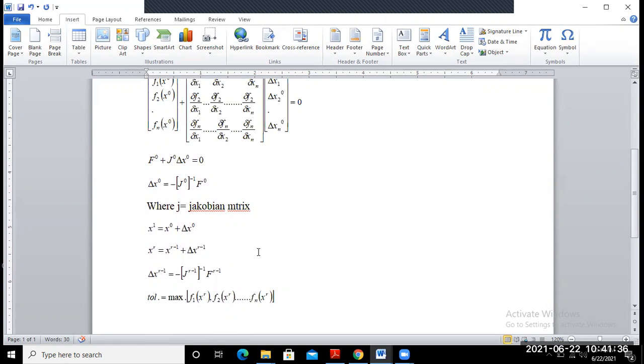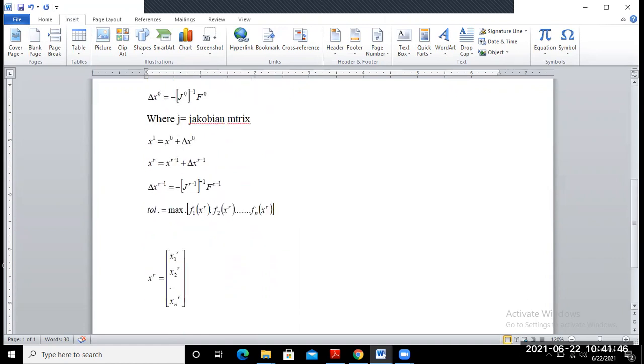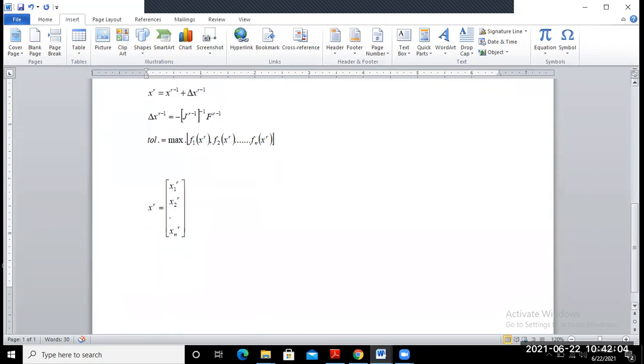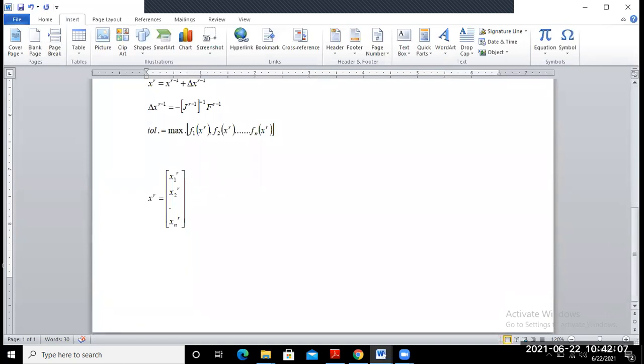Okay, so in the power system our variables may be of various types. What are the variables? Either active power, reactive power, voltage or phase angle delta. So these are the four quantities we basically deal with in power system analysis in load flow. Okay, so suppose we consider an nth number of bus system.